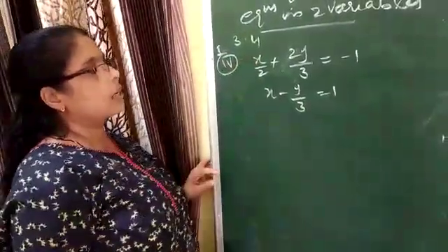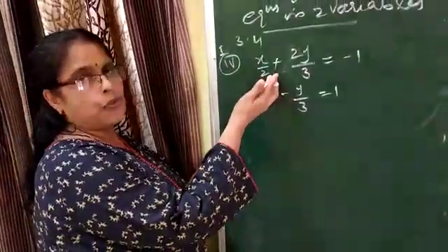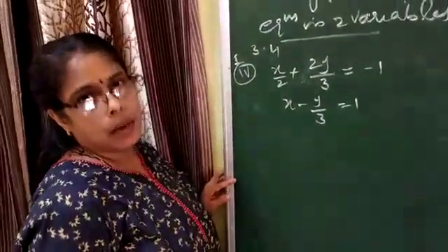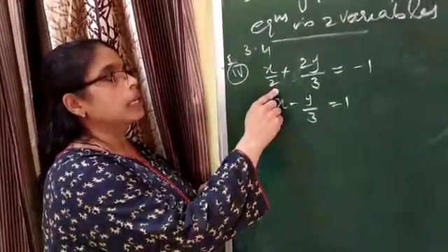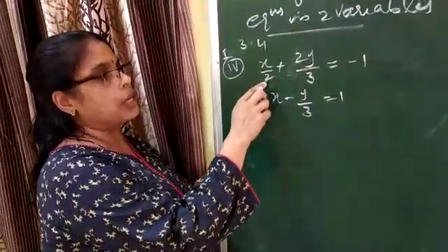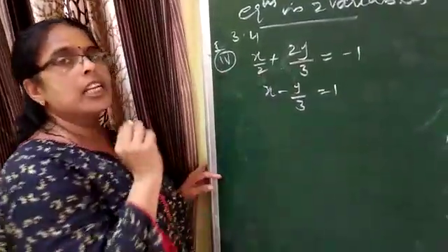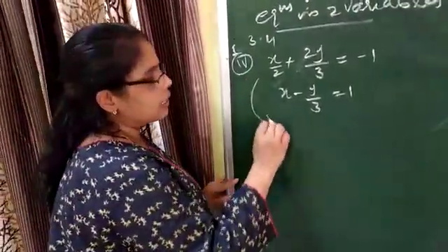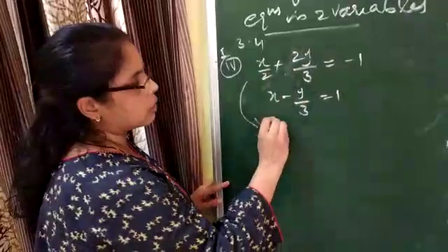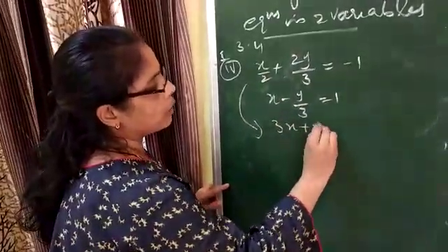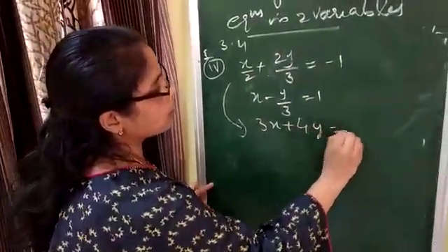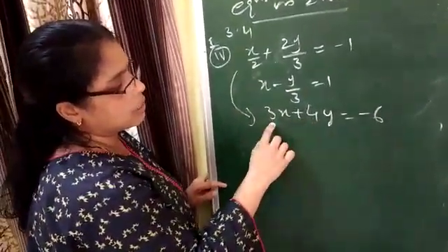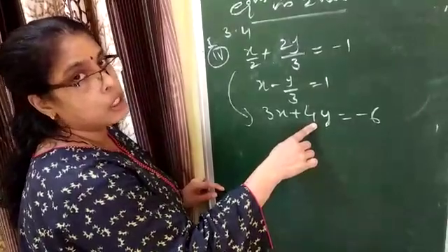ये देखते हैं आप क्या करेंगे, उसको कोएफिशिएंट को फ्रैक्शन को रख करके आगे कोशिश करेंगे, लेकिन कभी ऐसा मत करना. Whenever you are getting an equation with fractional coefficients, it is better to convert into whole numbers by taking LCM. And converting this by taking LCM by cross multiplication, you get 3x plus 4y is equal to minus 6. Are you getting? That means we have converted the coefficients into 3 and 4. Then it is easy to solve it.